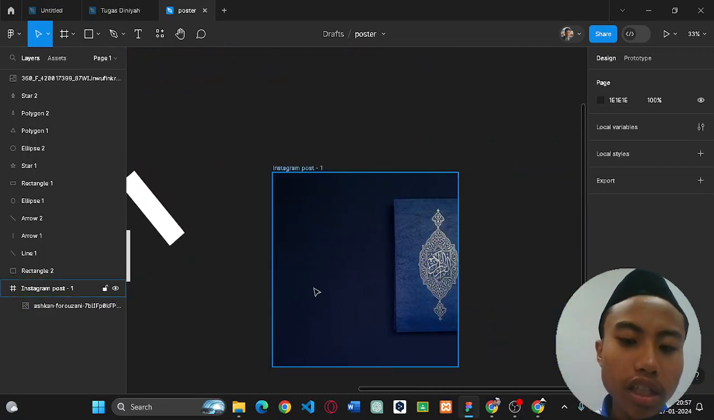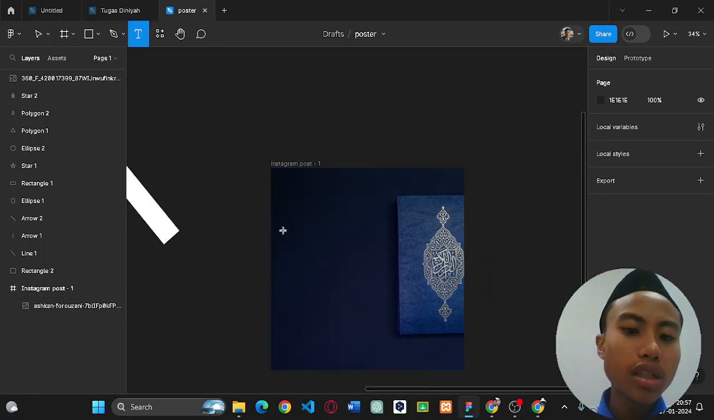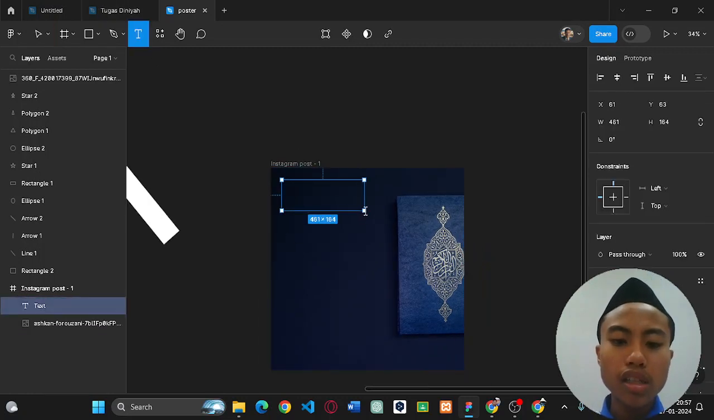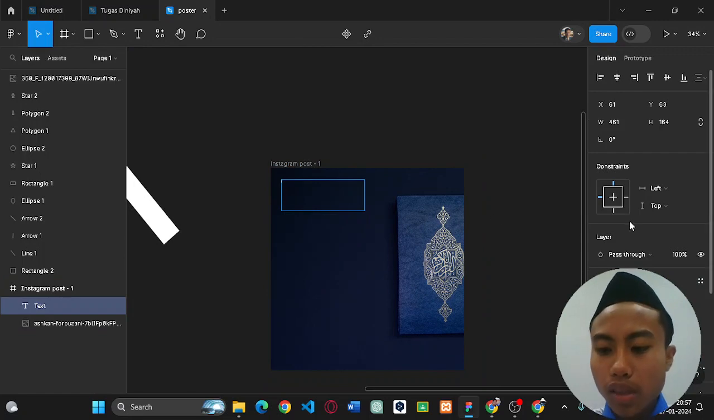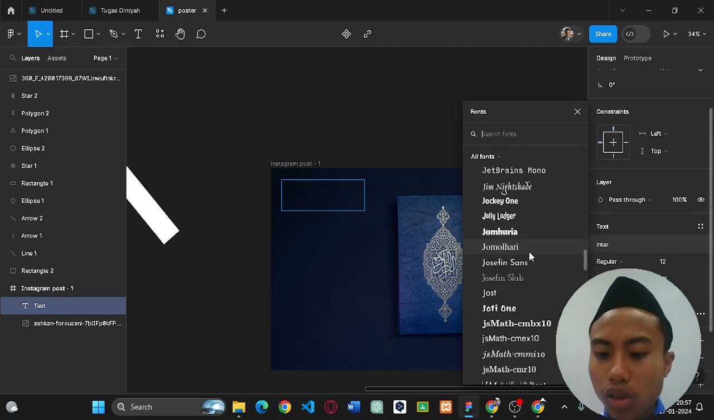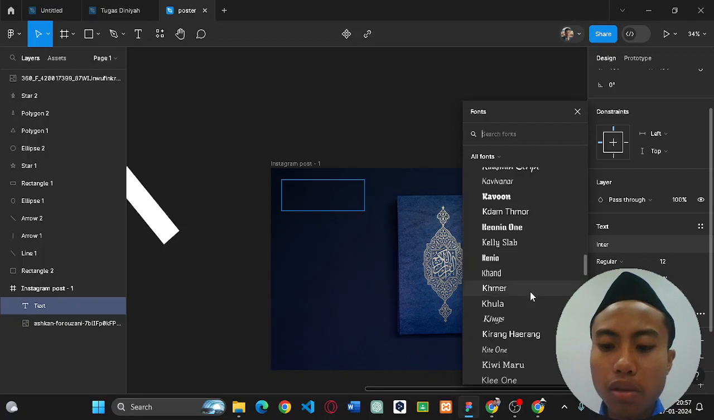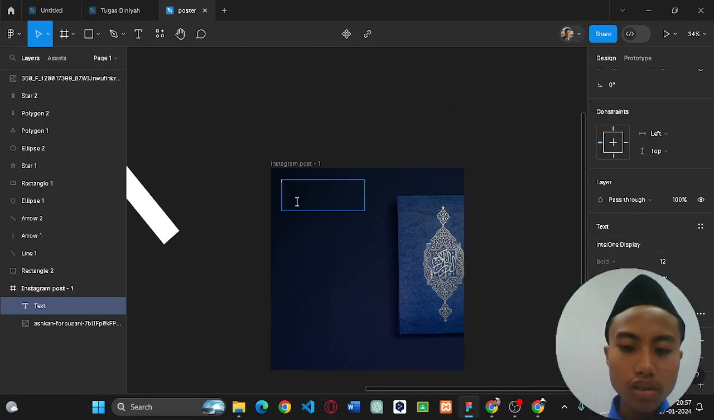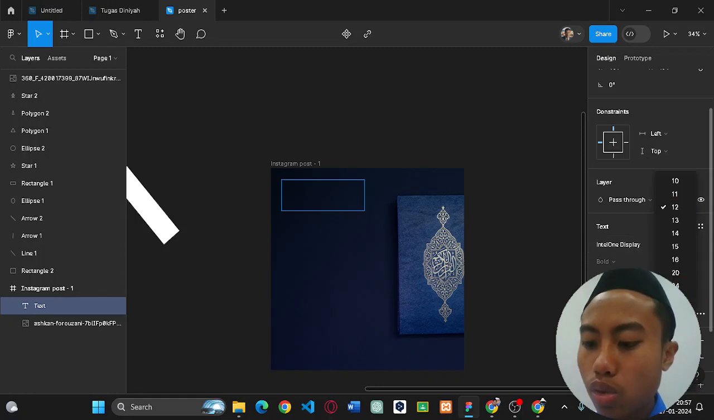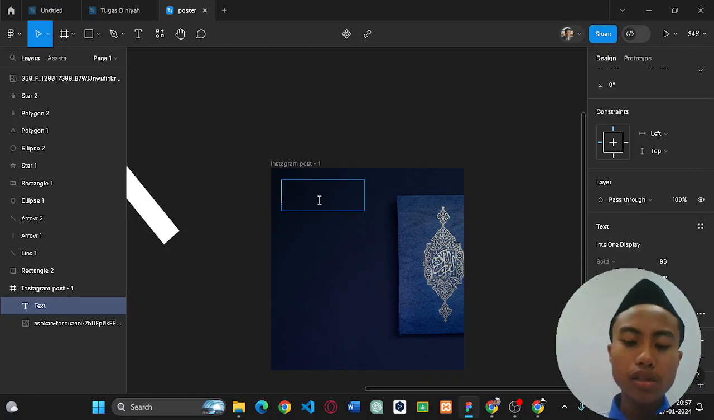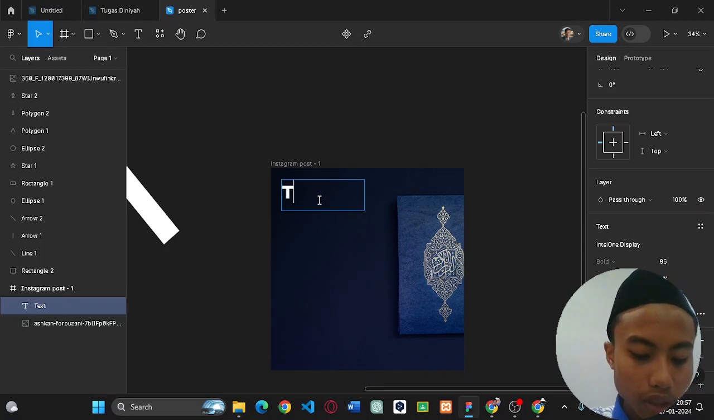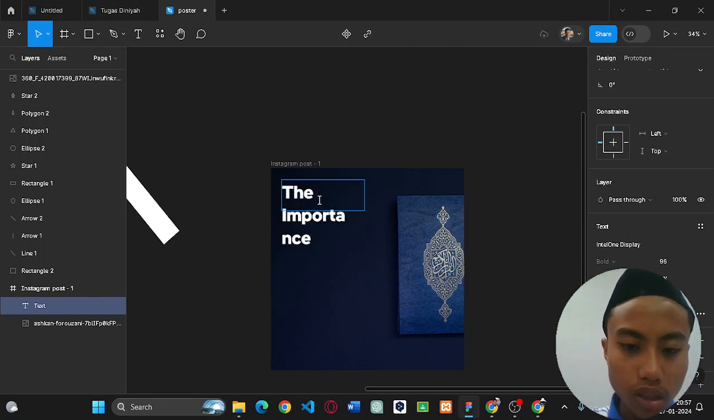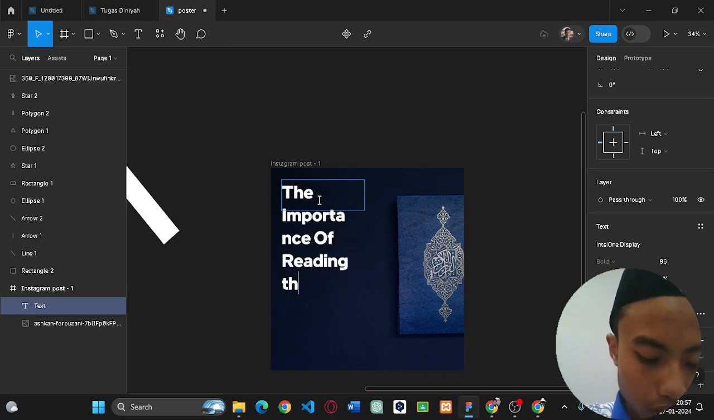So in here there is the image. It's pretty good, and then we can get the text in here, and then you can set the font. Many fonts in here. But I don't know, I like the Inter Display one because it's good. You can set something like the importance of reading the